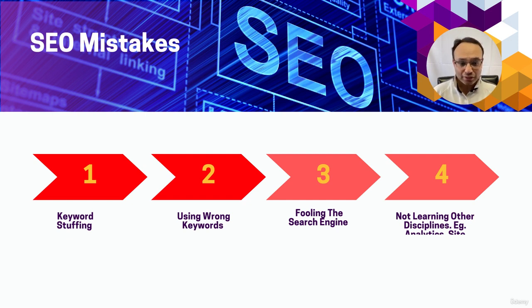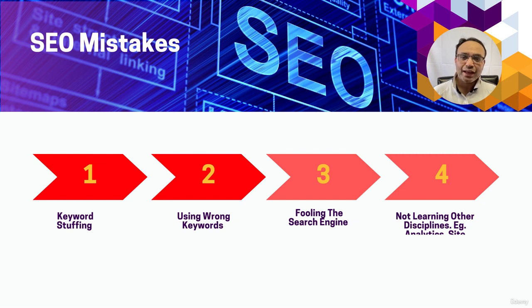The third mistake that encompasses everything is fooling the search engine. Whatever activity you are trying to do, ensure you are not trying to fool the search engine by using clickbait or keyword stuffing, thin content, and other things that we have discussed in the previous videos. The moment search engines find that you are trying to fool them, they could penalize you, they could stop your website from ranking in the search engine, and you might not be able to run ads for your campaigns. So keep that in mind.